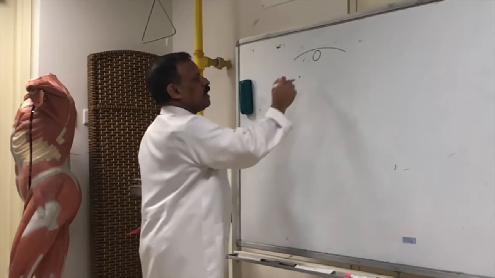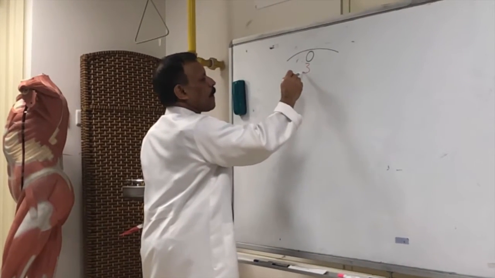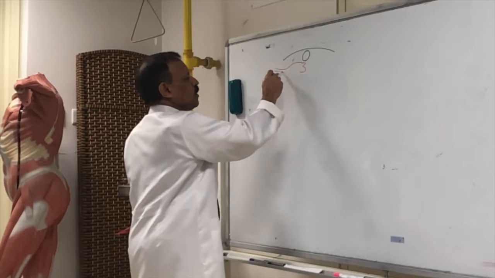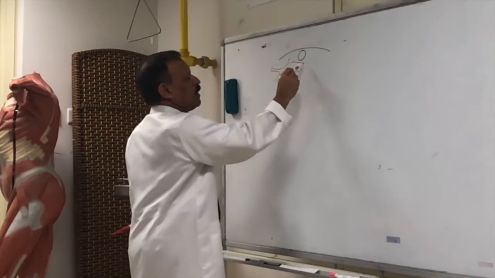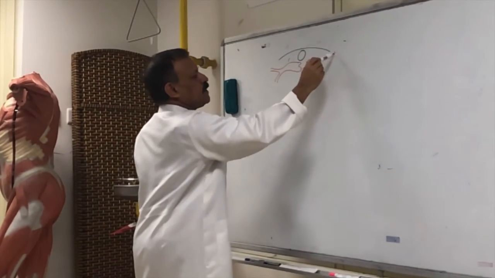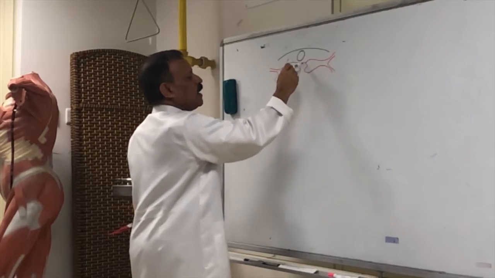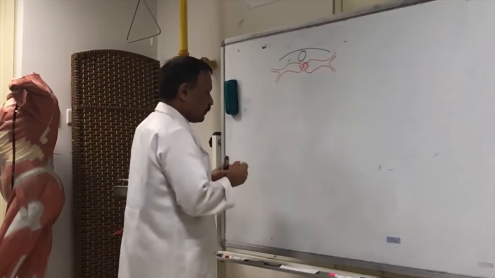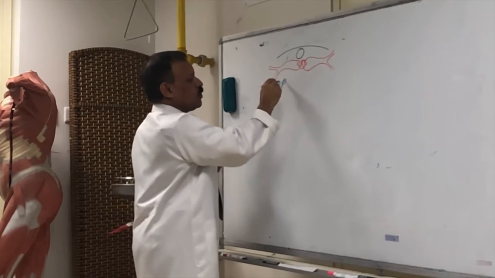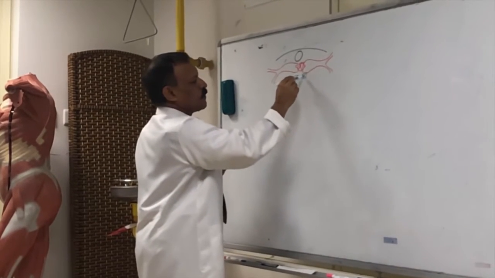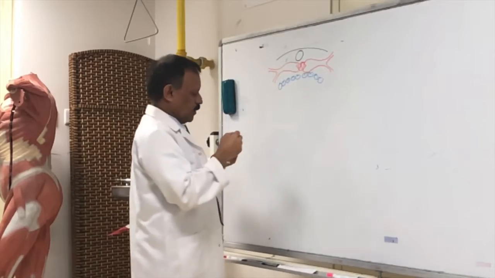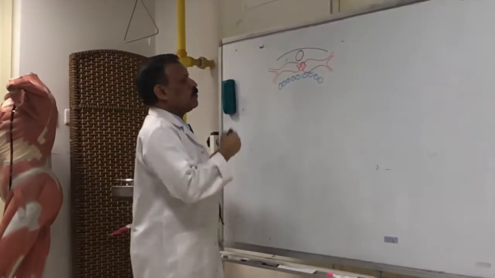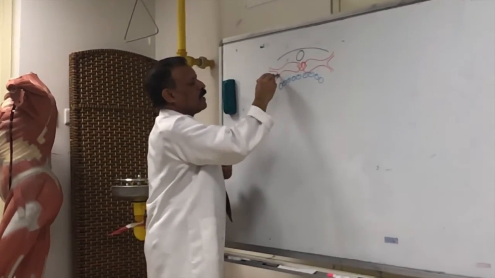Now I'm doing the mesoderm. And this is the somatic mesoderm, splanchnic mesoderm. You remember that? Yes or no? Yes. This is the notochord. And this is the endoderm. Very good. Now the heart comes around this area,